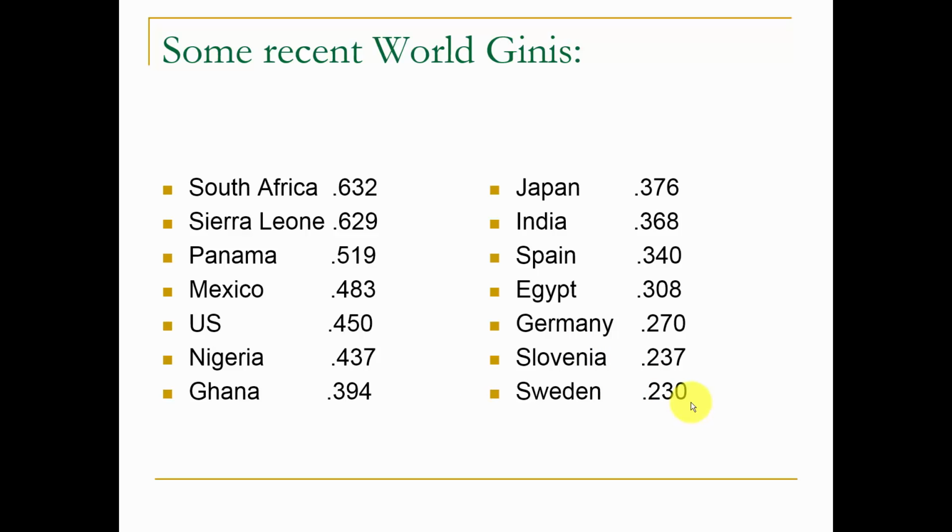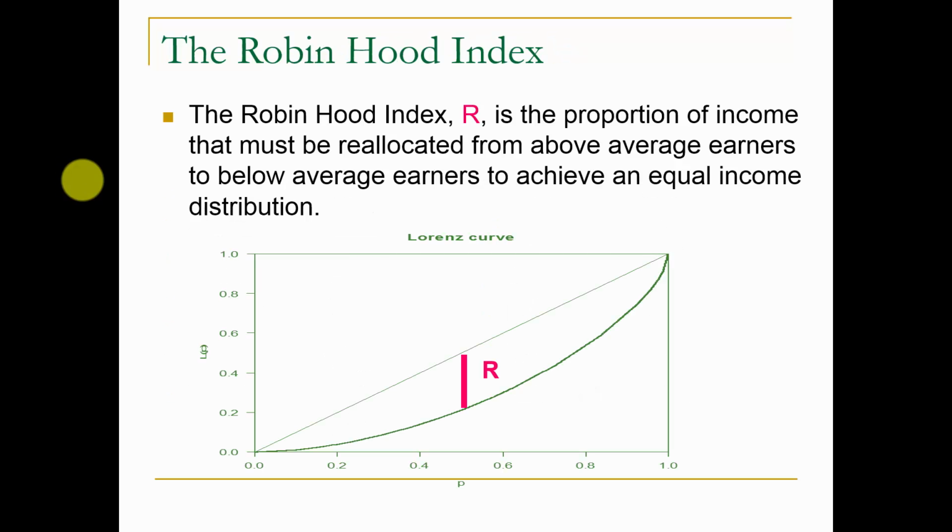So, let me tell you some other things about the Gini coefficient and some other interesting things you can see with the Lorenz curve. There's something we call the Robin Hood index. The Robin Hood index is if you take a line and you put it right here at the 50th percentile of population. You're looking at the median person with the median amount of income. If you measure the distance on the y-axis here between the Lorenz curve and the line of perfect equality, then that distance, which in this graph looks to be somewhere, maybe the bottom there is about 0.2 and the top is about 0.5,